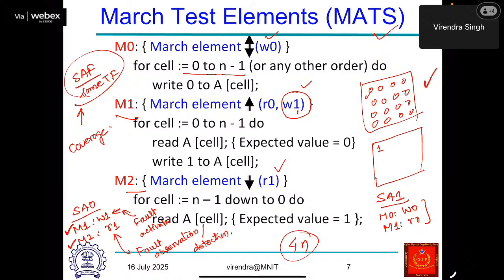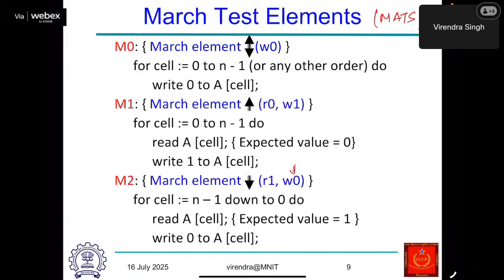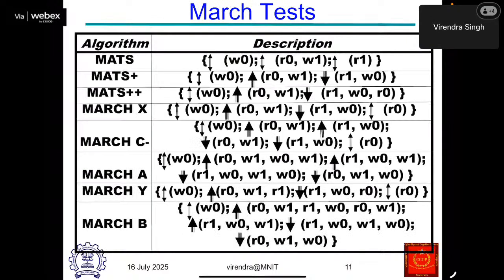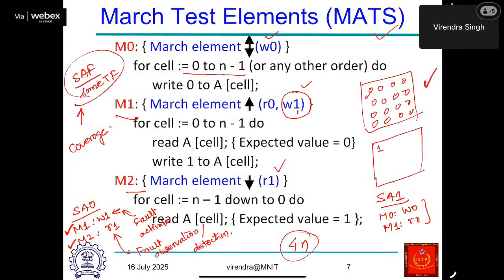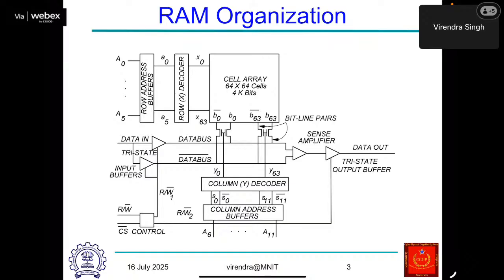Now when I have a memory circuit, it has some more elements. So this test we have covered, March, is like a 4n, and I have to apply four operations with every state. Now this up and down arrow will come into the picture when we look at other things. So in this memory, I have this array here,